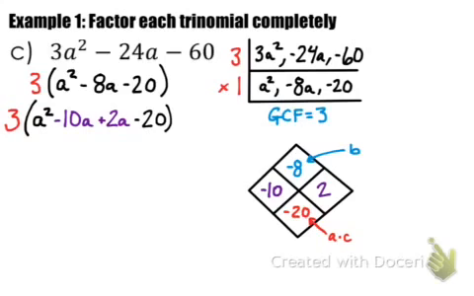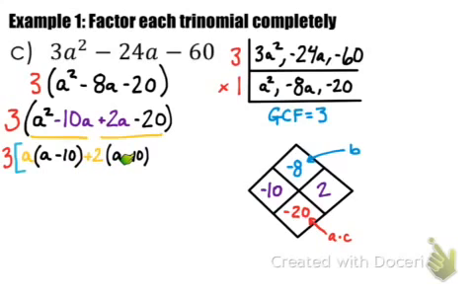Now we have two groups: our first group is a squared minus 10a, and our second group is 2a minus 20. Looking at the first group only, we can divide both a squared and negative 10a by an a. So we have a times a minus 10, because that's what's left over after you factor out the a in the first group only. In the second group, we have a 2 in common, so we have a positive 2, and we're left with an a